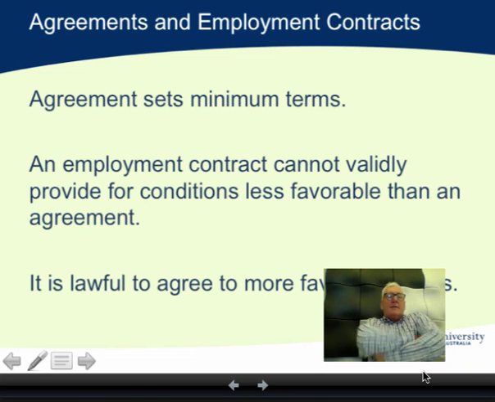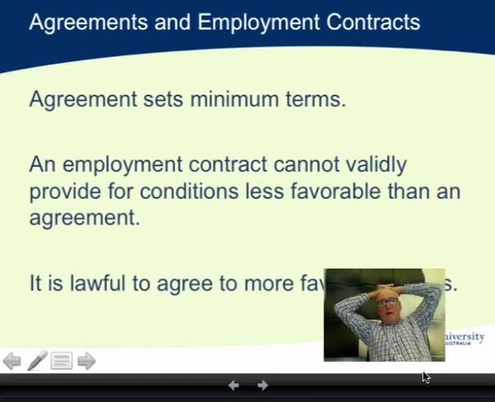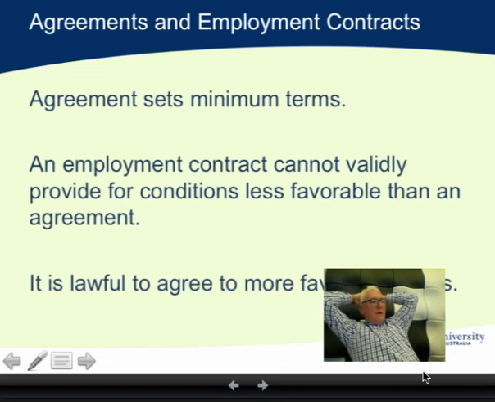Agreements and contracts rate a mention in the text. I think these can be a little bit underrated, so be aware of this. The agreement sets the minimum terms. An employment contract can't validly provide for conditions that are less favourable than an agreement. We have a look at the couple of case examples that are given, but it is lawful to agree to more favourable terms, because you'll often see that messy relationship where one mentions the other, and I think we did have a look at